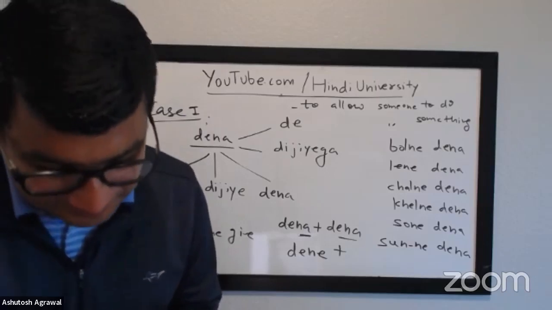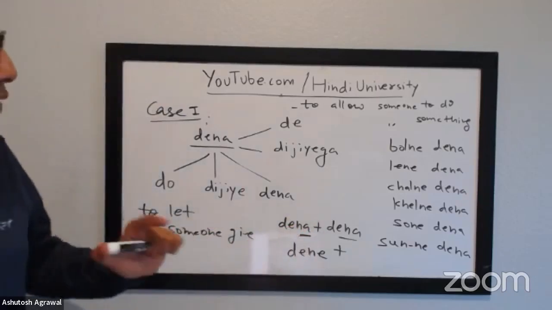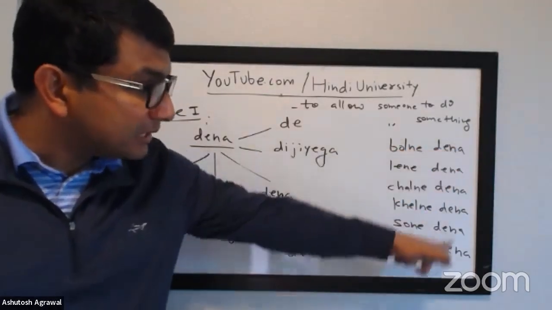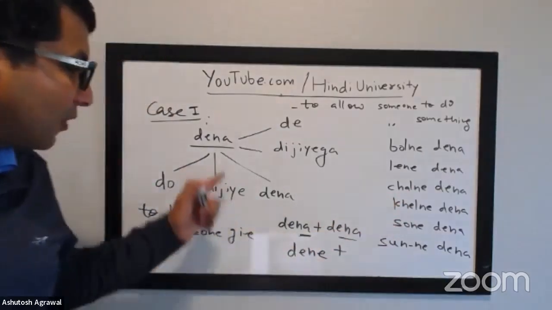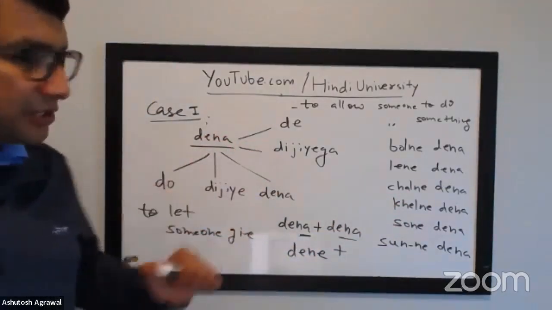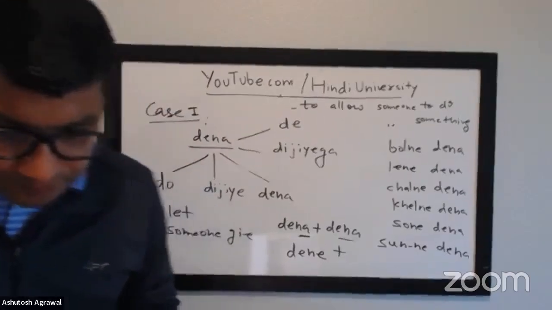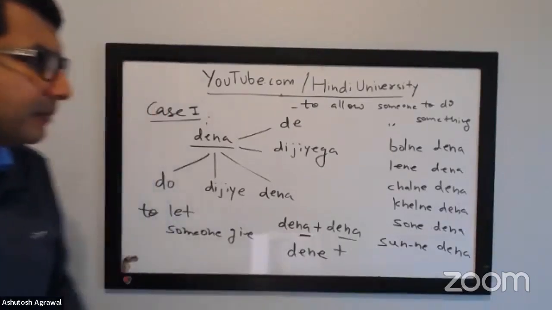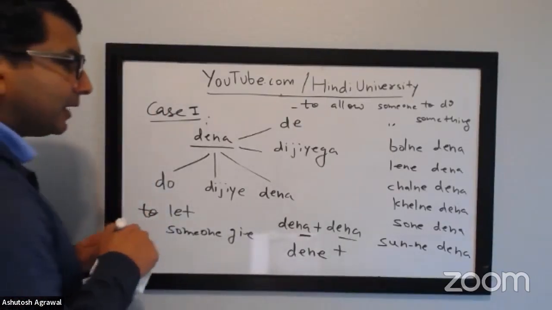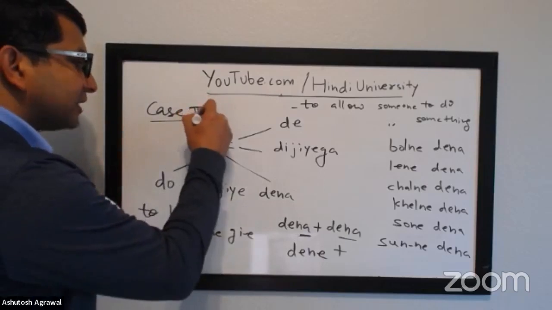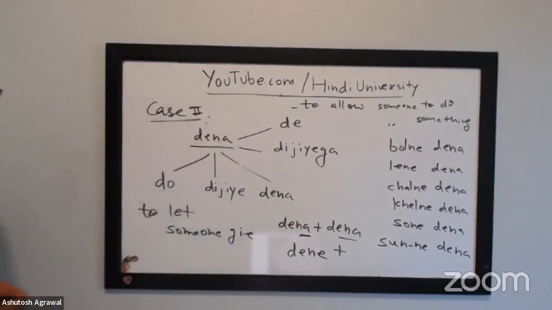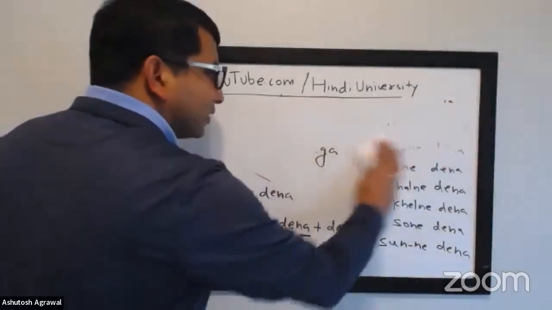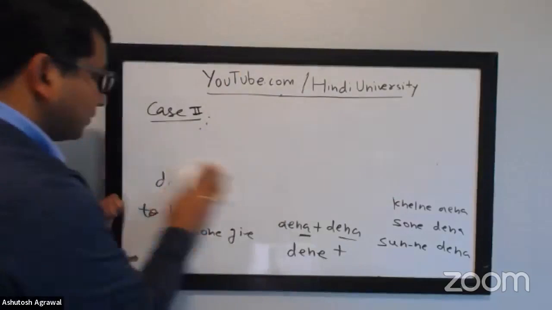Awesome. So right now, you guys have gotten used to using dena with other verbs, and to changing dena into imperative forms. There are different imperative forms that you have. Now we'll make it a little bit more interesting. Bear with me in case it is very hard. It gradually comes. Now I'm going to do case 2, where we will add some more context. I'm going to erase all of it.